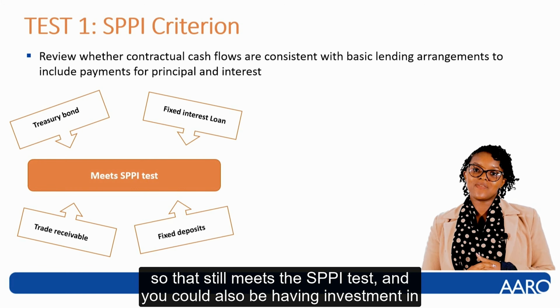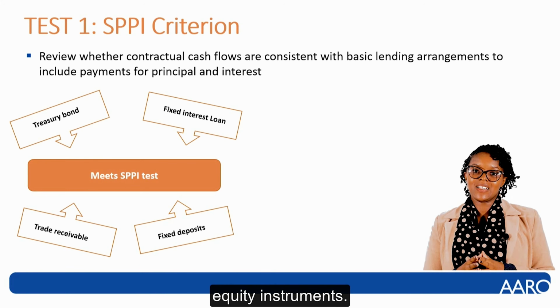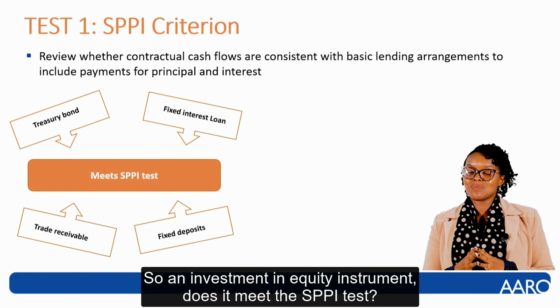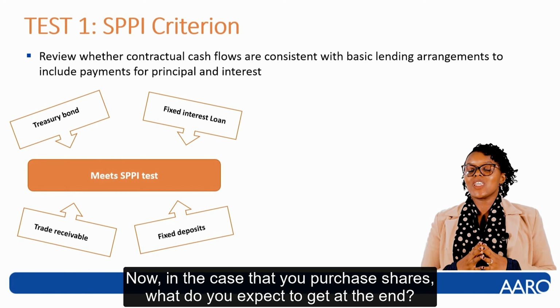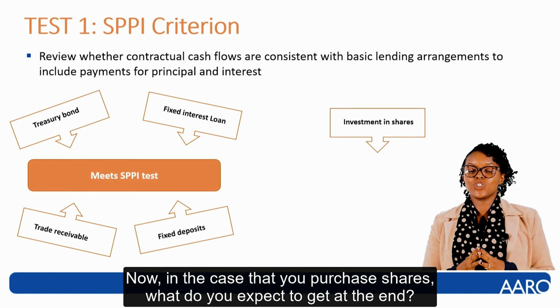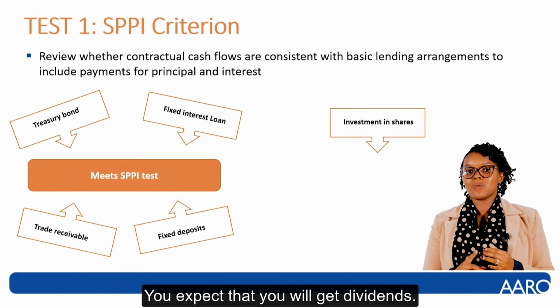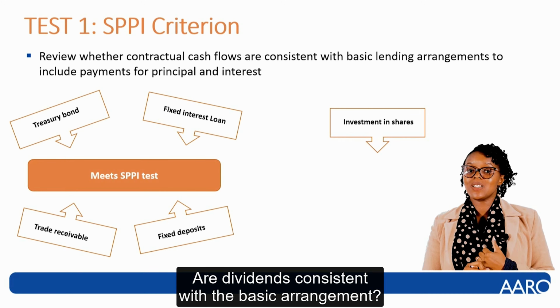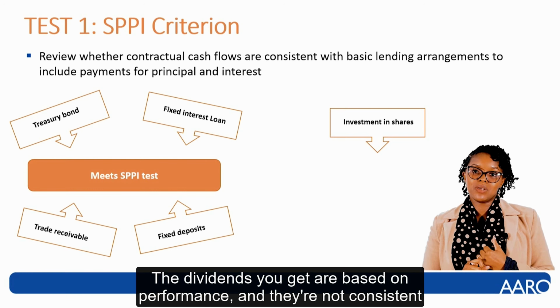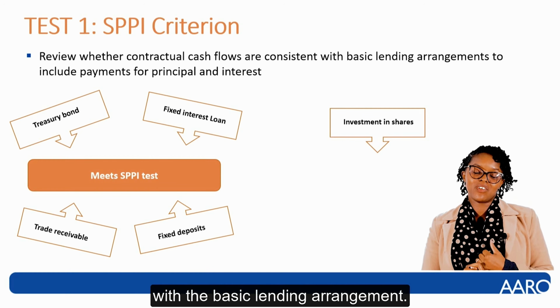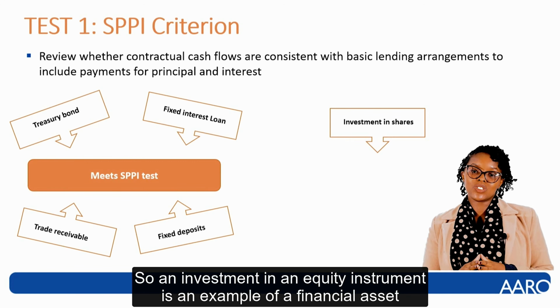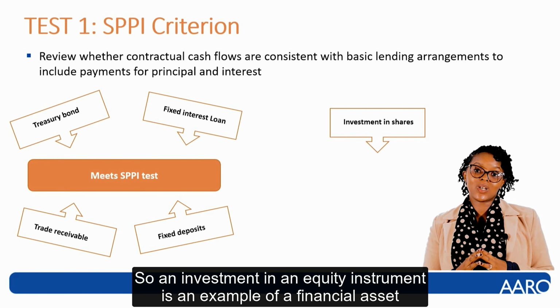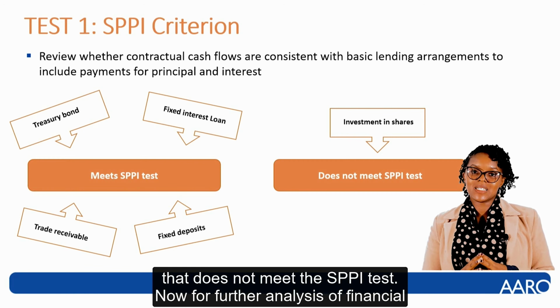And you could also be having investment in equity instruments. So an investment in equity instrument, does it meet the SPPI test? Now, in the case that you purchase shares, what do you expect to get at the end? You expect that you will get dividends. Are dividends consistent with the basic arrangement? No. The dividends you get are based on performance, and they are not consistent with the basic lending arrangement. So an investment in an equity instrument is an example of a financial asset that does not meet the SPPI